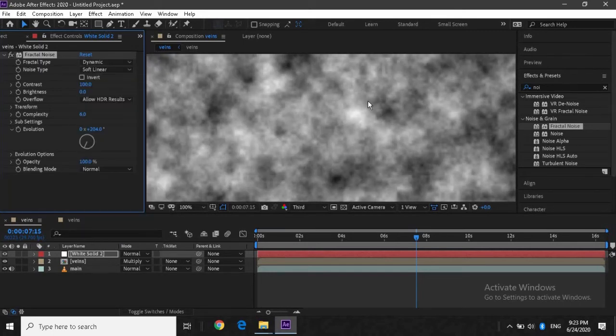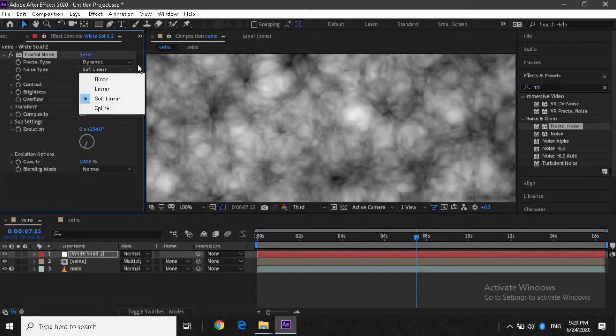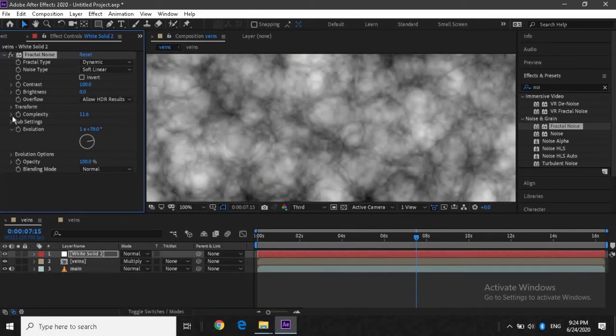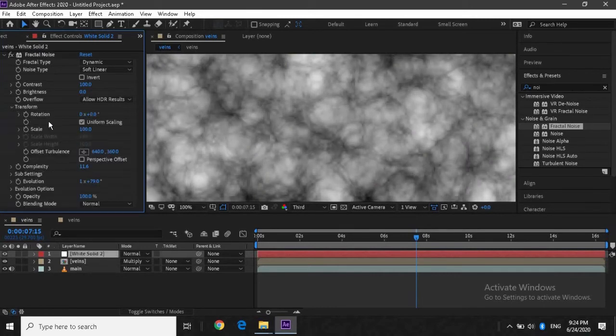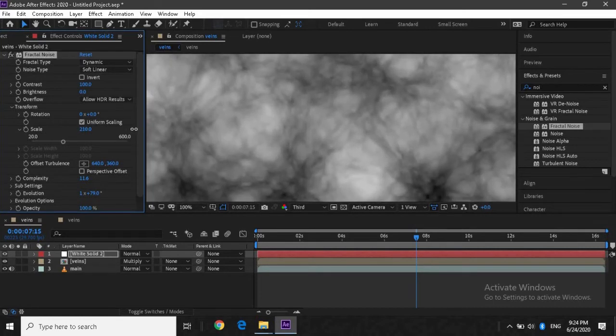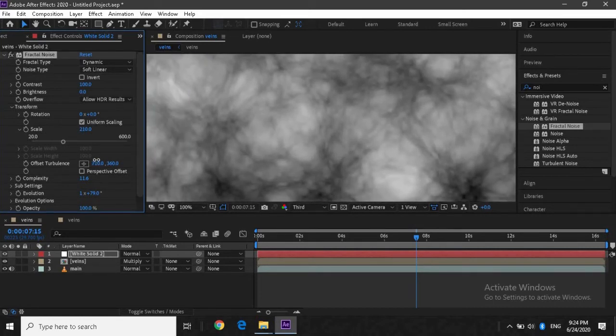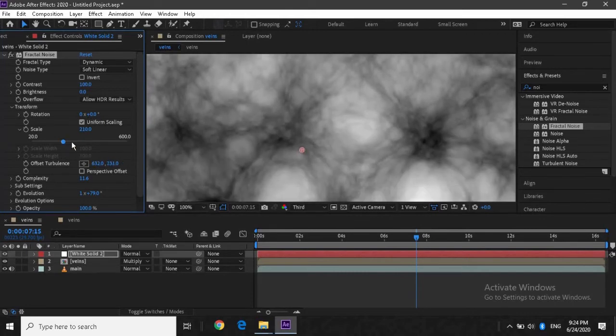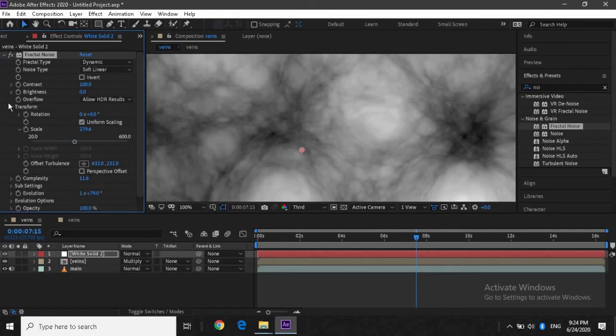I wanted dynamic, like a nerve type. Soft linear is perfect. Increase the complexity a little bit. Then go to transform and adjust the offset like this. Yes, this is good.